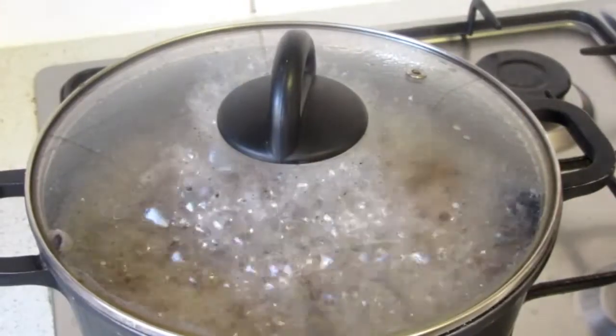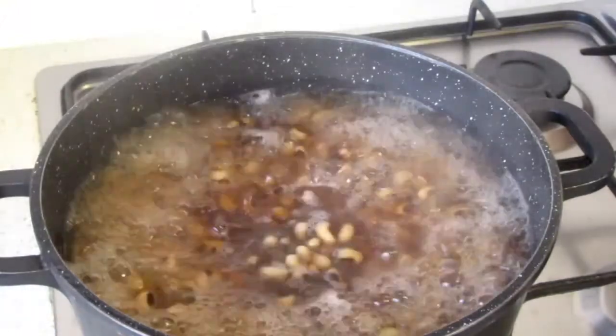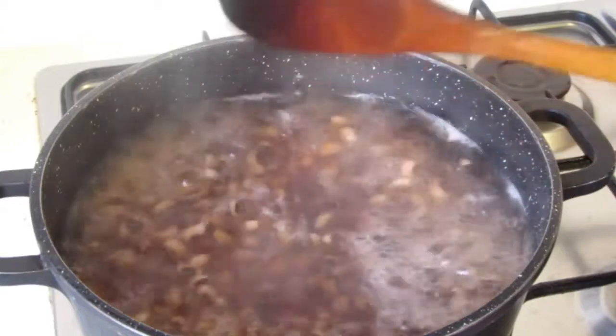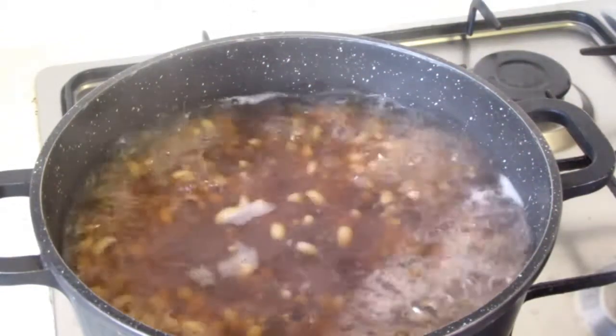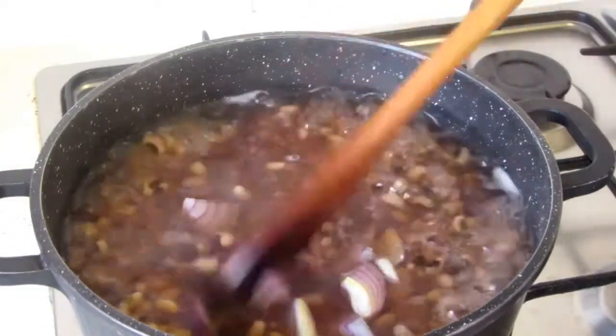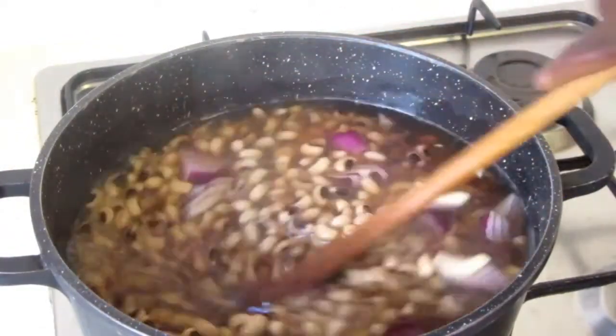Okay, our beans has been cooking for about 5 minutes now. I've added a lot of water to it. As you can see, it's still quite hard, but we're going to add our salted fish or koobi at this point, and also our onions. The onions will help give a beautiful and a very nice aroma to your beans. Instead of adding